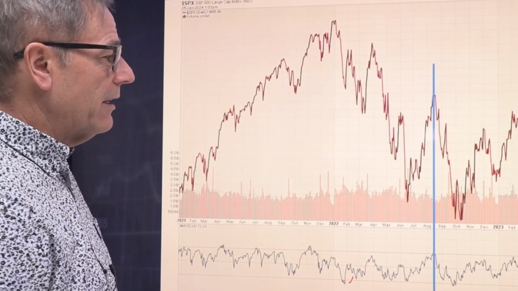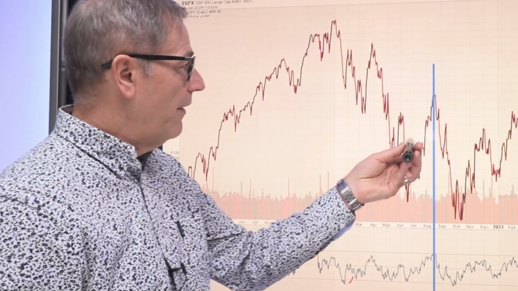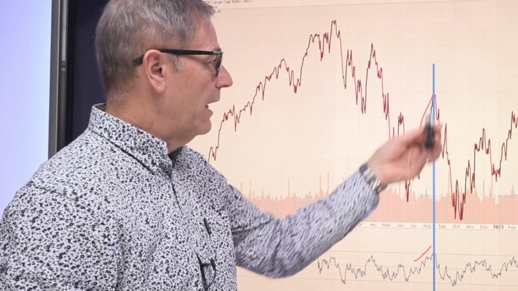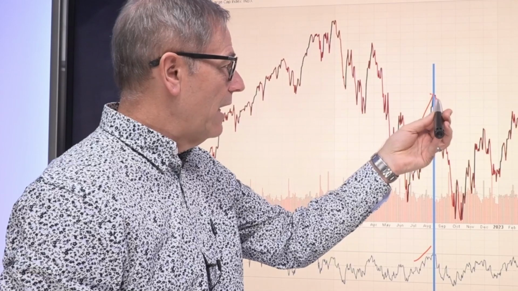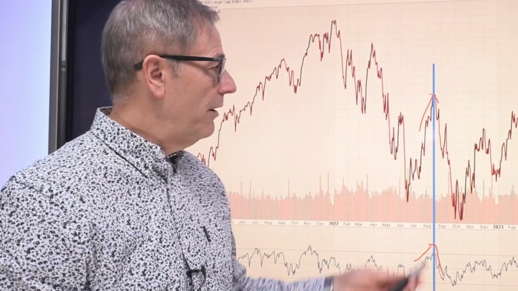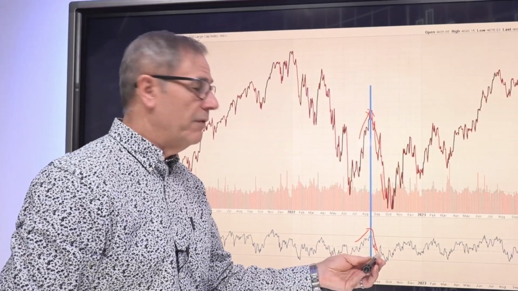If we take a look at August of 2022, we can see that the S&P 500 was moving higher, and at the same time, the RSI was moving higher. The S&P started to move lower in August. At the same time, the price momentum turned lower, crossed below 70 here, and then we saw that correction take place in the stock market as the RSI moved lower. We're not going to be talking about that example today because it's a little bit different from what's taken place recently, but let's take a look.